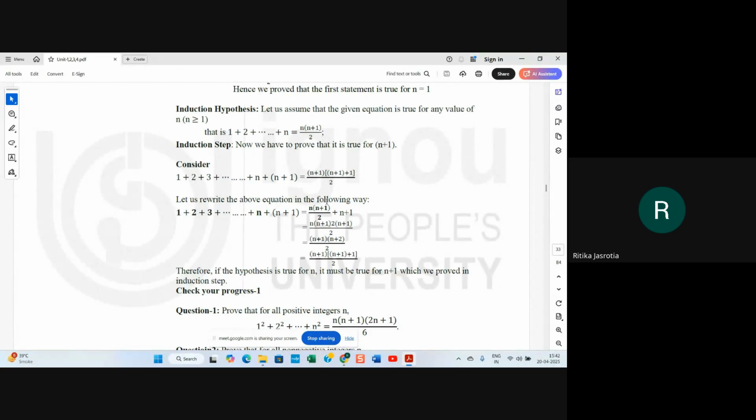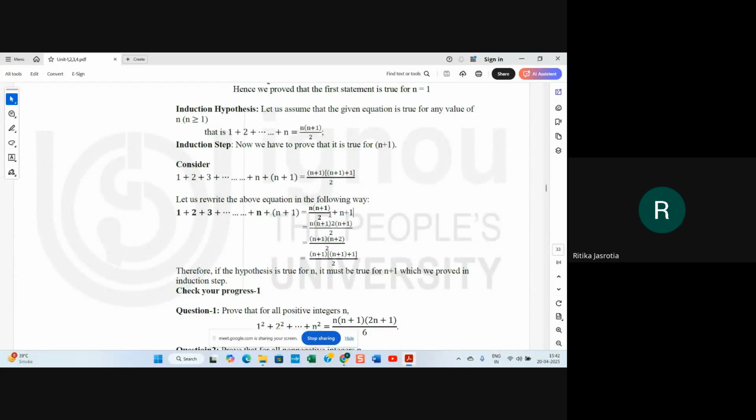According to this, what we have to do is, our hypothesis is that n into n plus 1 by 2 is the sum, and we have to show that for n plus 1 this is the answer if we add n plus 1. So we'll take this n into n plus 1 by 2, and we will add n plus 1 with this equation. So when you add this n plus 1 with this one,